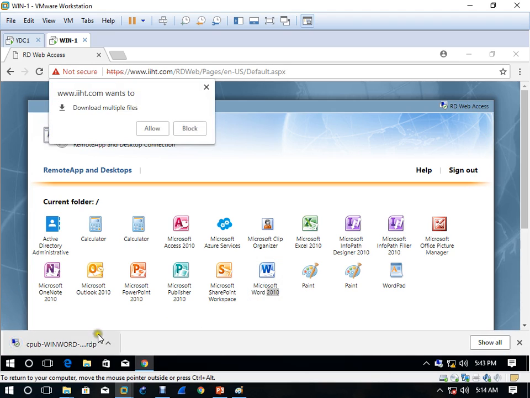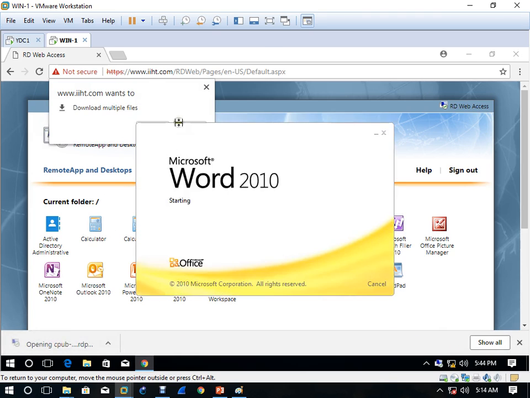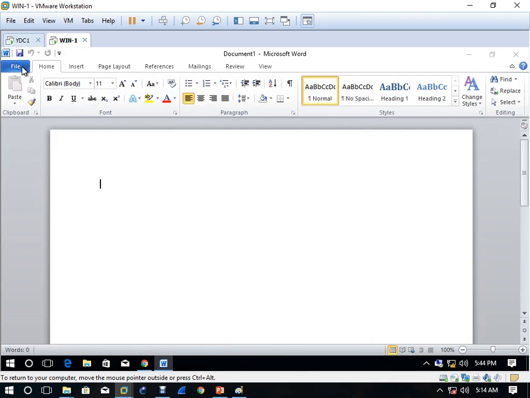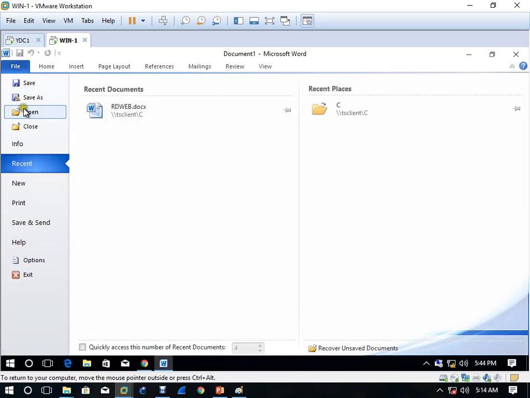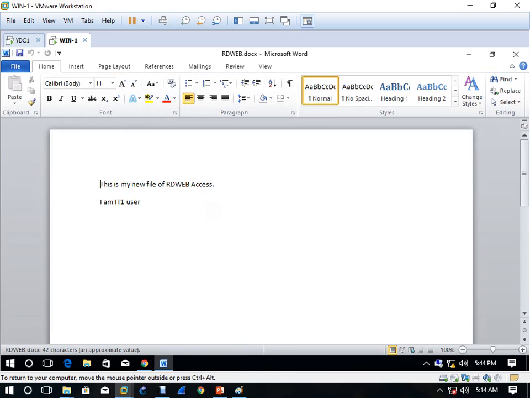Open your MS Office, and then I will come here to file, open, and you can see your file is here. So it will be saved to your local machine, not to the server. If you want to keep it on the server, then if the administrator has given you a shared drive, you can save it there.